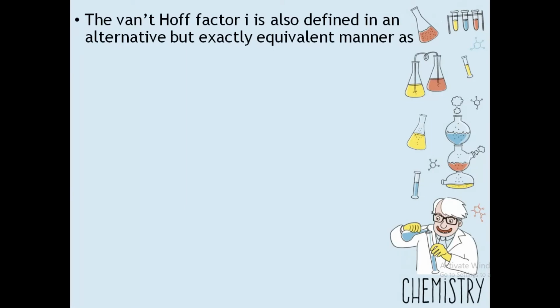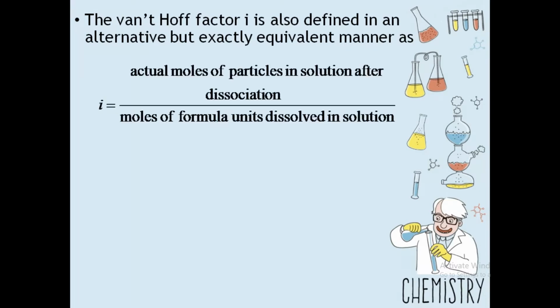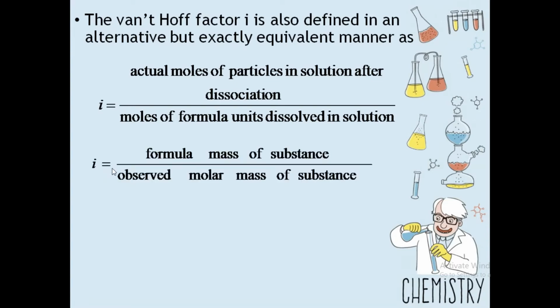Colligative property is directly proportional to the number of solute particles present in the solution. Hence, the van't Hoff factor i is also defined in an alternative but exactly equivalent manner as i, which is equal to actual moles of particles in the solution after dissociation, means for electrolyte solutes, and moles of formula units dissolved in the solution. This is for non-electrolyte solute. So we can also say that i is equal to formula mass of a substance after dissociation and observed molar mass of a substance when we dissolve it in the solution,